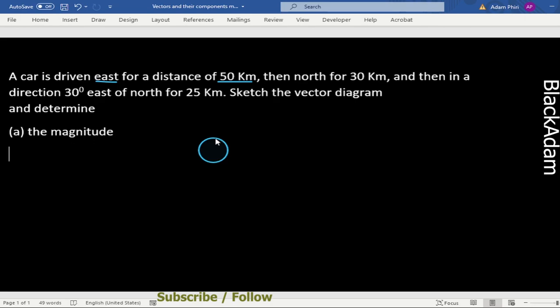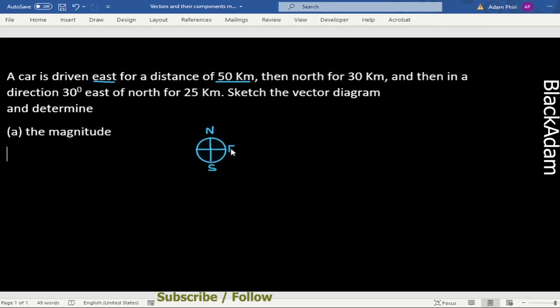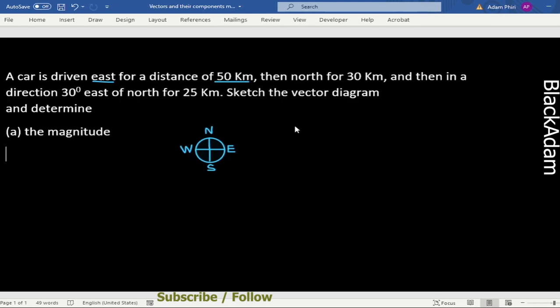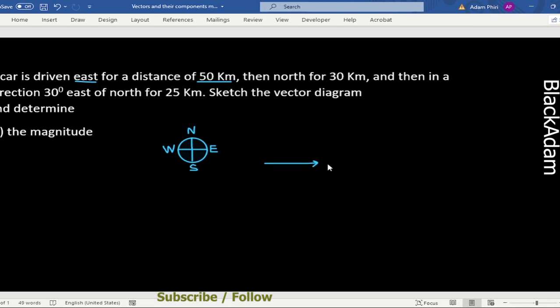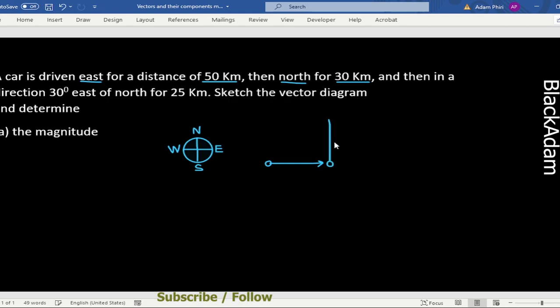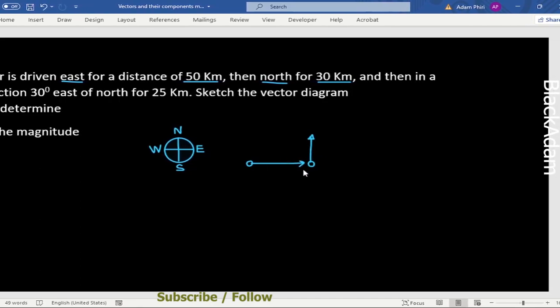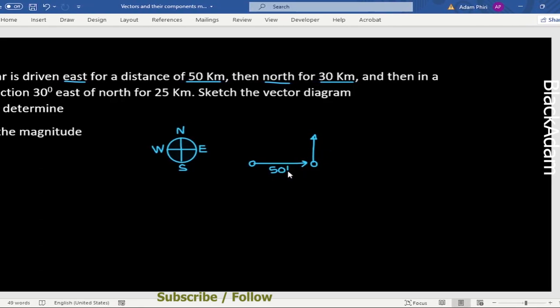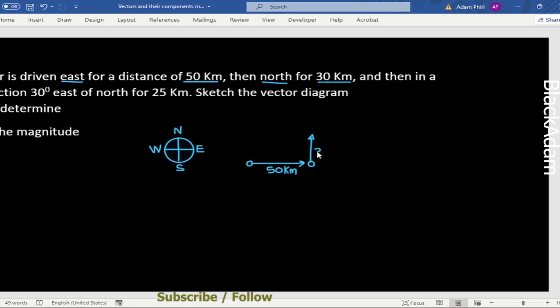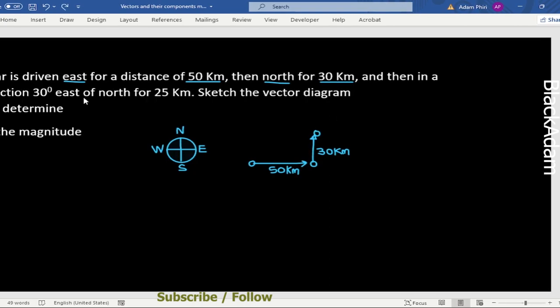We first have to draw the compass: north, south, east, west, and then we check the coordinates. Let's say east 50 kilometers, so we write east on the x-axis, and then north at 30 kilometers. So that is north for 30 kilometers, just checking on the scale up there, so it's 50 kilometers, and then we have 30 kilometers, and then it says it moves